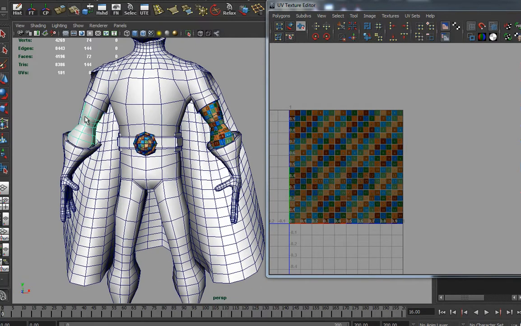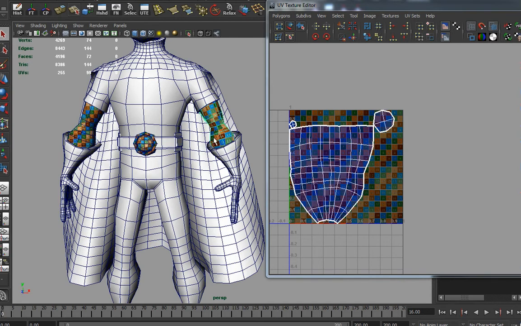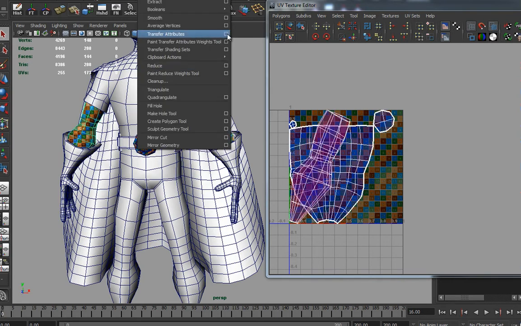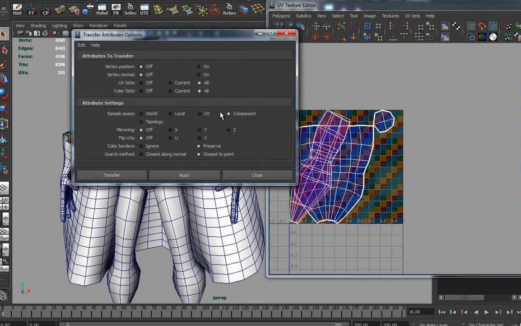Okay, since I'm a lazy guy, if I take this and hit create UVs based on camera, boom, it gives me those UVs. Maybe I want them to be identical. If I take this one, then hold down shift and select this one, and go to mesh, transfer attributes. I know these are pretty much exactly the same. UV sets, all, okay, great, and it's based off component. When I hit apply,